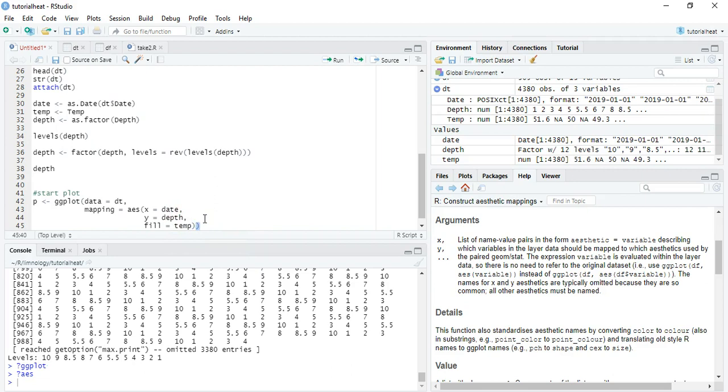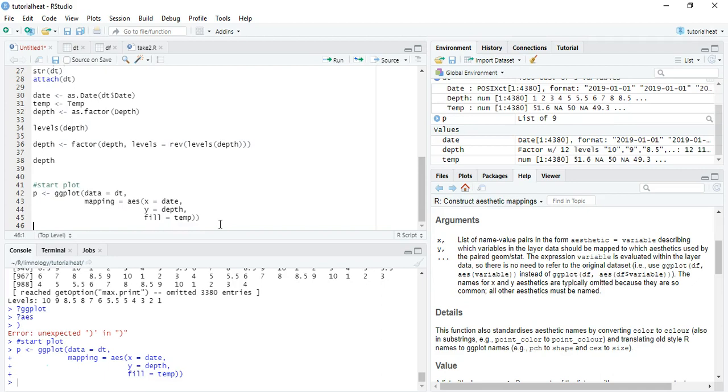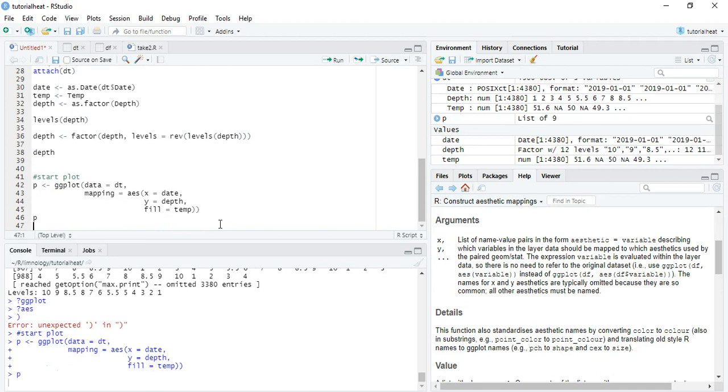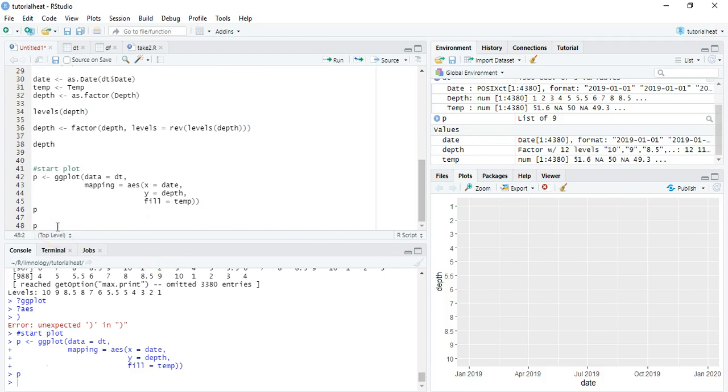If we just enter p and run that with Control Enter, this will show our new plot that we generated. So we can see a plot with our x and y axis, but we haven't given it a geometry. We haven't given it the how to map it on there. So to do that, we can use our p, our plot object that we've already initialized, and then rewrite over it. So p now is going to become p plus